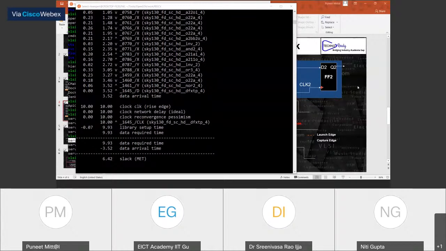Now, in case of hold, you want to reach after a certain time, let's say after 10 o'clock. So your requirement is that you should reach after 10. First we calculate the actual arrival time and see whether your arrival is after 10 or before 10. If it is after 10, that means no problem. So that means arrival minus required. I hope this will give you an idea.